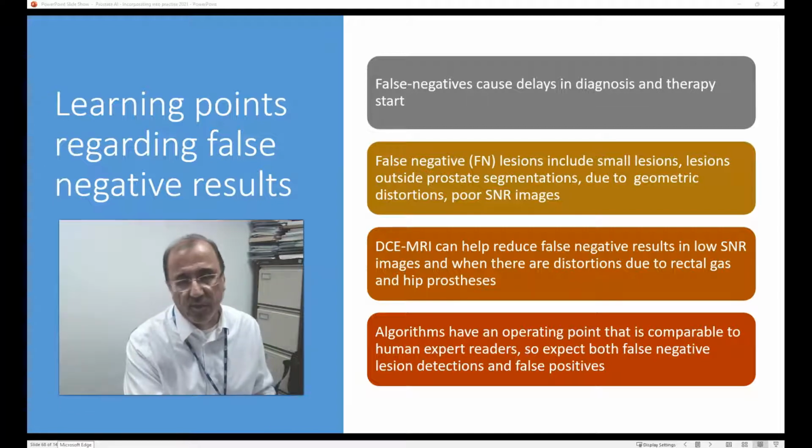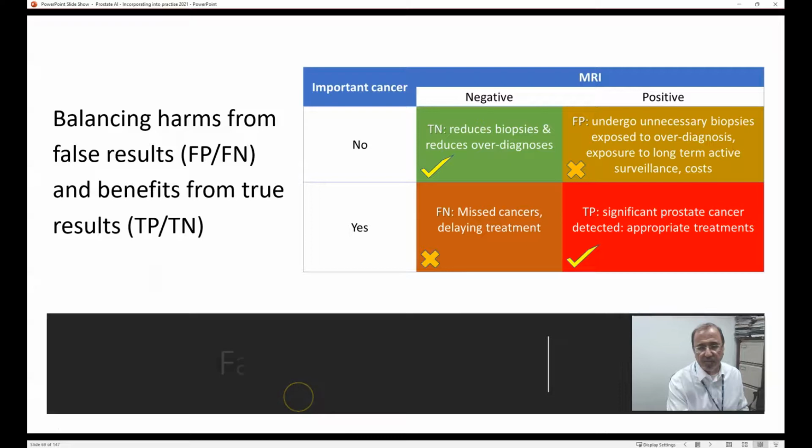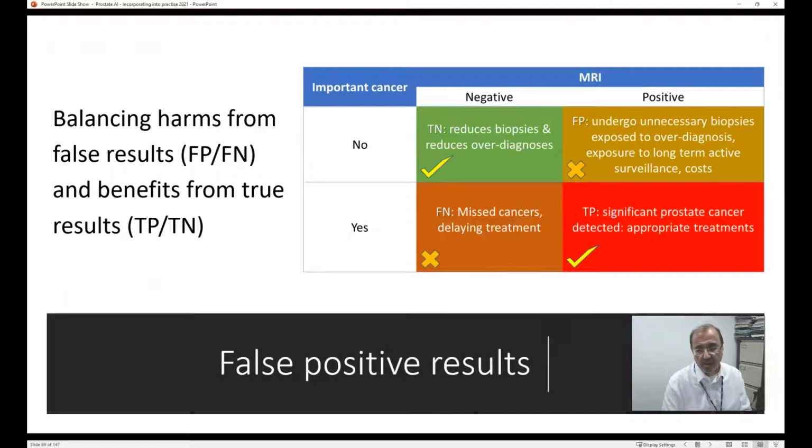That's a perfect segue for the next section, which is on false positive lesions. Now, false positive lesions, top right on this graphic, undergo unnecessary biopsies. They are exposed to the risk of overdiagnosis, and if there is an overdiagnosis, then long-term active surveillance and the